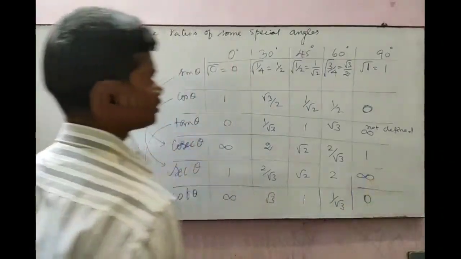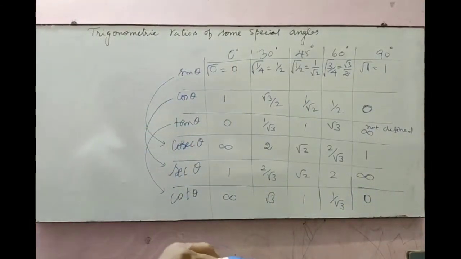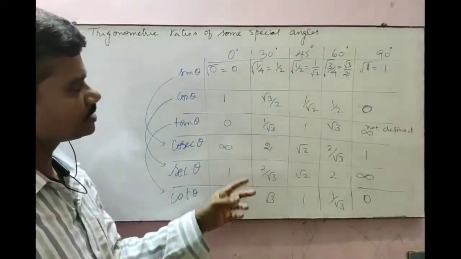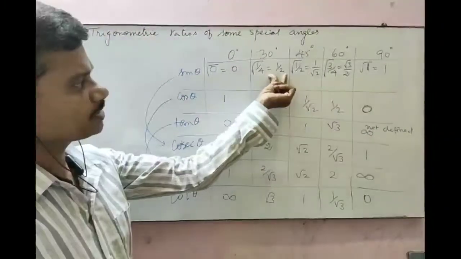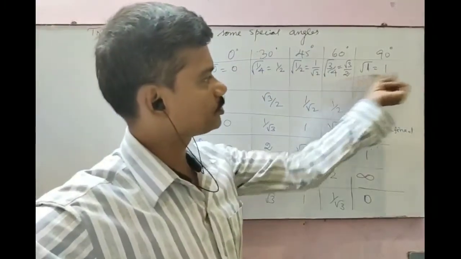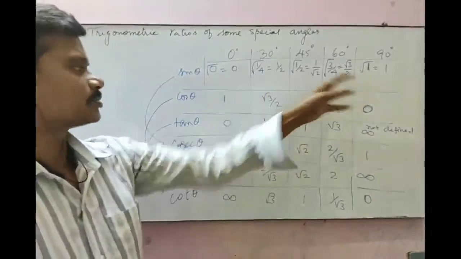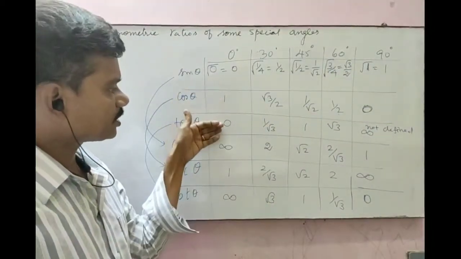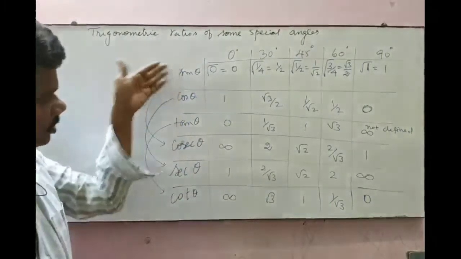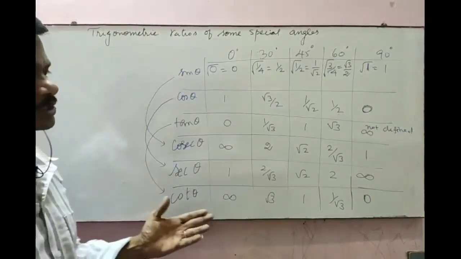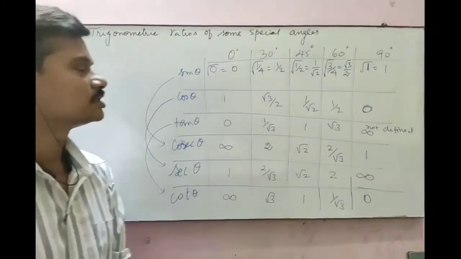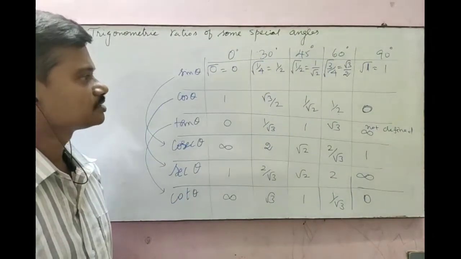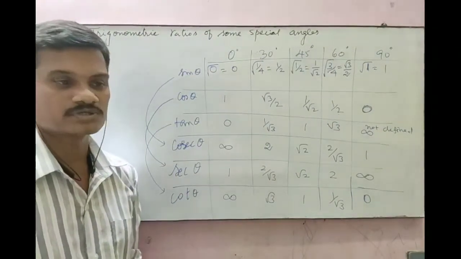So these are the table values. So then you can easily keep them in mind. First if you find these values well, you can easily find all the other values. 0, 1 by 2, 1 by root 2, root 3 by 2, 1. If you know these values and write them in reverse, you will get the cos. Sine divided by cos gives tan. The remaining three are reciprocals: the reciprocal of this, of this, and of this. So this is the way of keeping the values in the mind. Just by practice you can know these values.